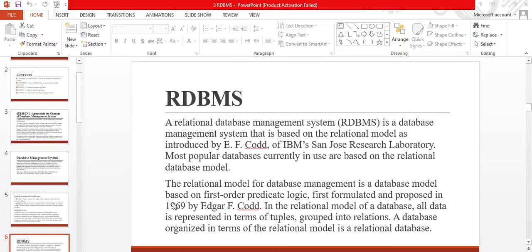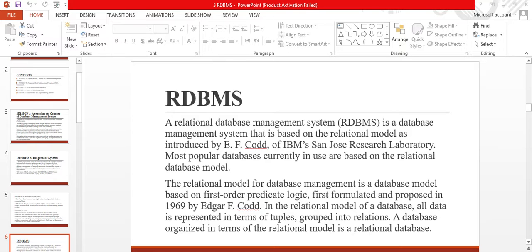The relational model for database management is the database model based on first order predicate logic, first formulated and proposed in 1968 by Edgar F. Codd.